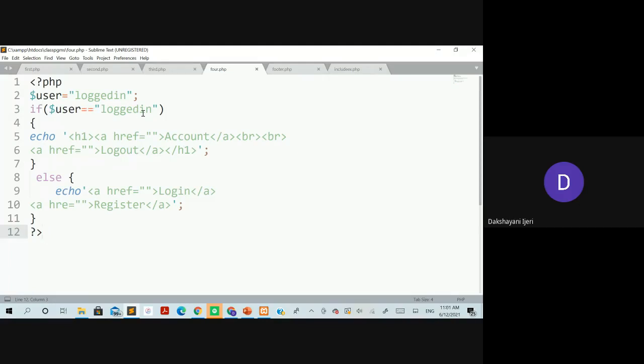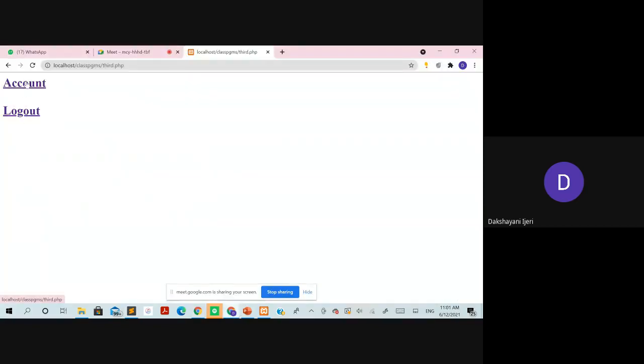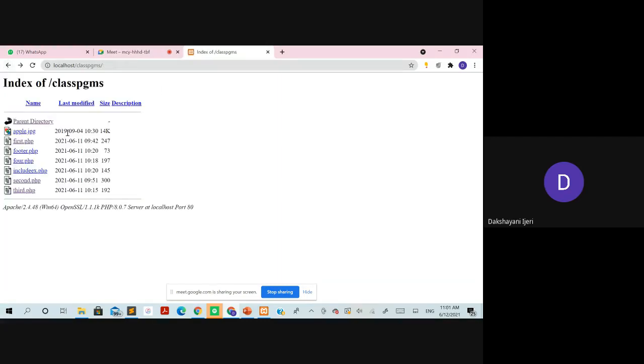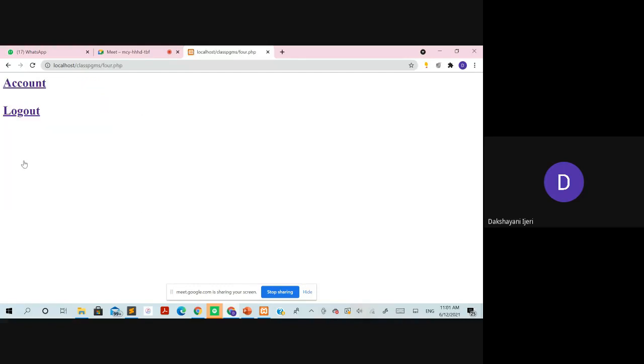So if it is a logged in status, it has to give the two links as a result, which is done over here. You can see here that the two links have been created, right? Following that, one more example is the same one, but written with a different procedure or different syntax, you can say, right? Which is going to again give you the same result over here. Okay, so this is how best you can use the if and if else statements here.